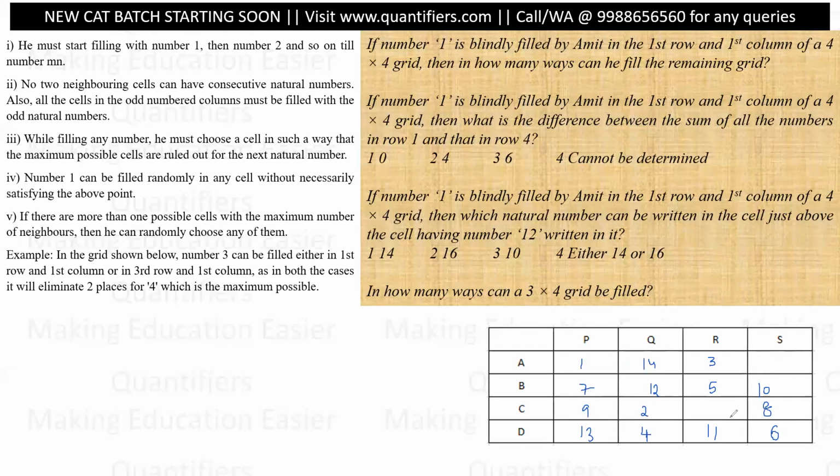14, 15, 16. ये possibilities हैं. Or 14, 15, 16. ये possibilities. So 14 and 16 can interchange among themselves. उसका फर्क नहीं पड़ेगा. And 15 can come at only one place.